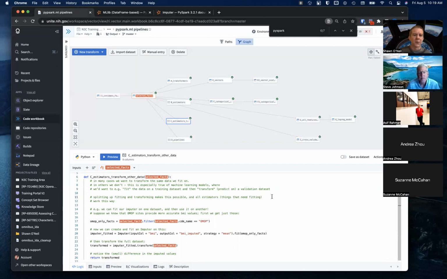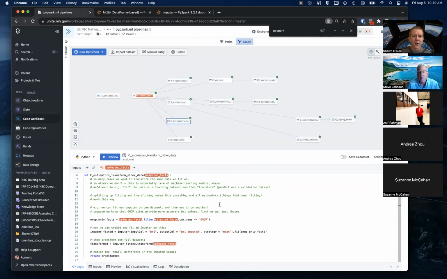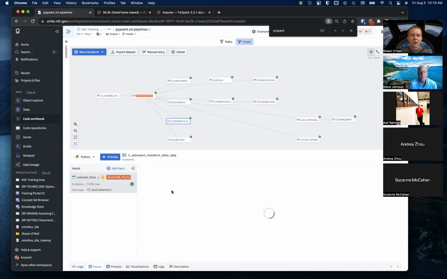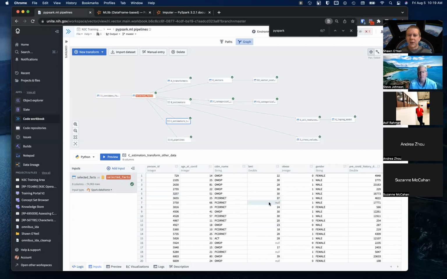So for example, suppose I wanted to say, you know what, I don't know what the BMI values should be here, and so I'm going to impute them. But I think that my OMOP people are better about assigning BMI values than some of these other CDMs. So maybe I want to get the mean BMI for just the OMOP values and use that for my imputation. To do that,